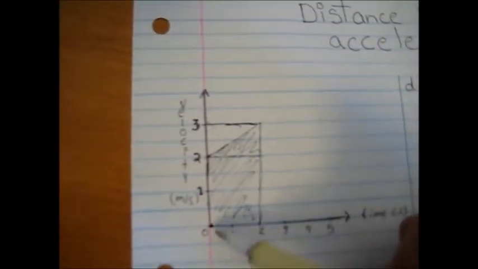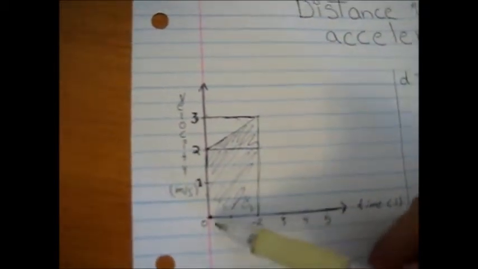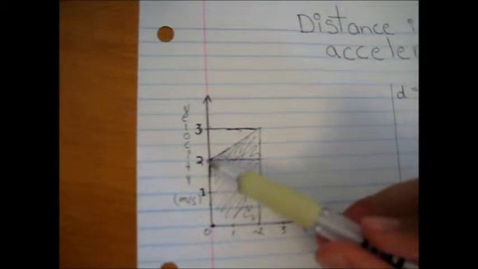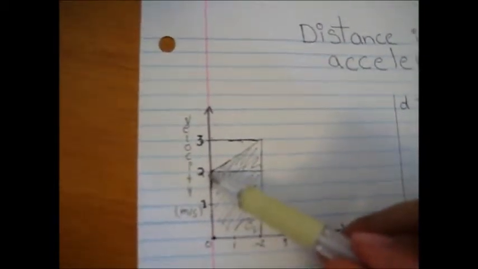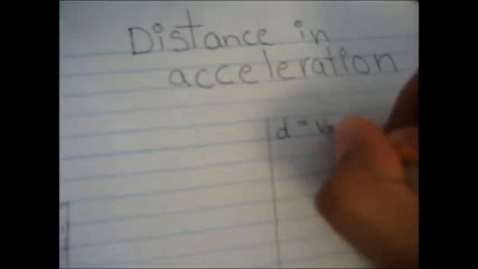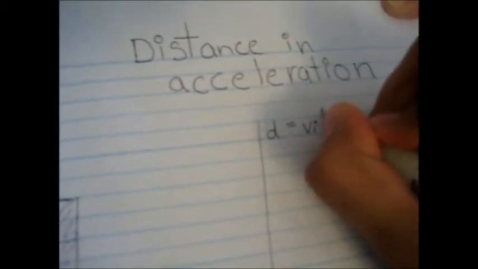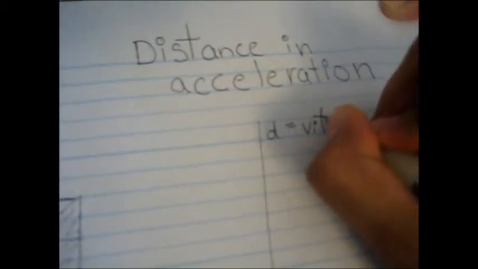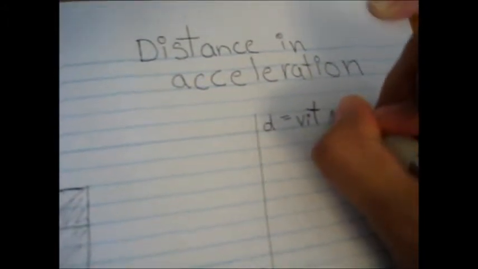The area of this rectangle will be the time multiplied by the initial velocity, because you know it started at 2. So initial velocity, we'll say it's Vi, multiplied by the time. So here we have initial velocity multiplied by the time. So that plus